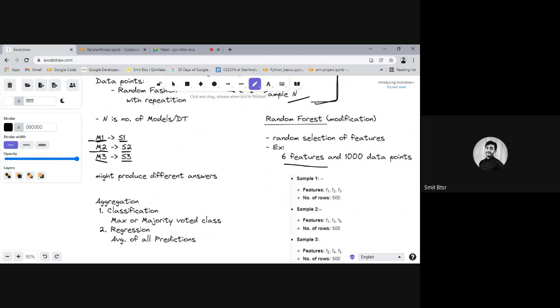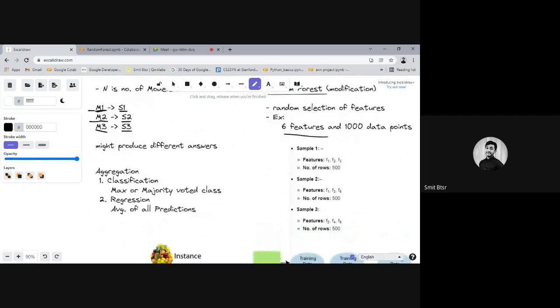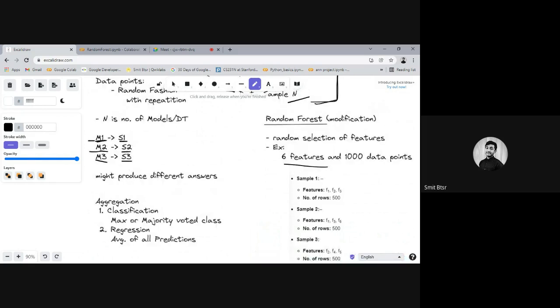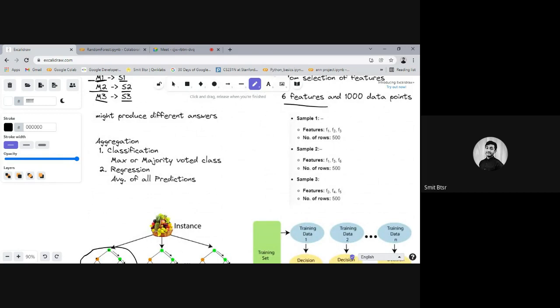Okay, and those six features were the same in all three models. But now, to not depend on the same features, we will see why we do this later. What happens in random forest is we use only a few features, and why a few features?